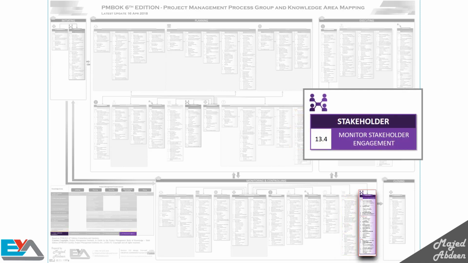Okay, the last process before we integrate all of them is monitor stakeholder engagement. It's monitoring the engagement, not controlling, because in some cases, as a project manager, you can't control the people who will be involved in the project. But you have to monitor them and update the stakeholder plan strategies based on that to keep them actively engaged. You have to use your influence on the stakeholders to keep them engaged effectively. This is one of the agile principles if you heard about it before. We now focus on teamwork with everyone involved, working together to deliver a successful project.